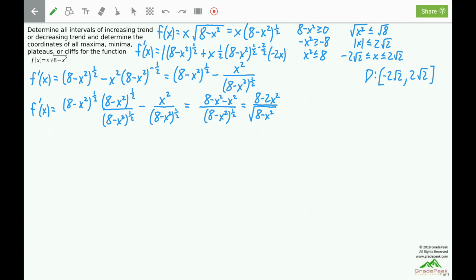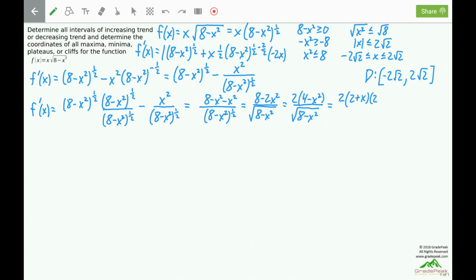We want to fully factor the first derivative, at least the portion that is not inside of an even root. The denominator is the even root, but in the numerator there is a common factor of 2. Factoring that out will leave behind a 4 minus x squared. We will leave the even root, the square root, alone in the denominator. And the 4 minus x squared is a difference of squares, so it can be further factored into 2 plus